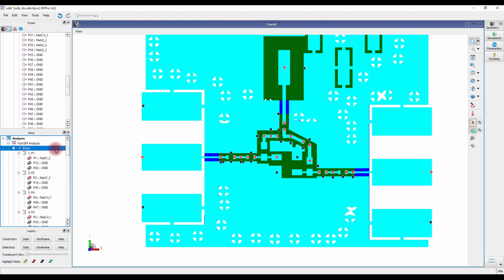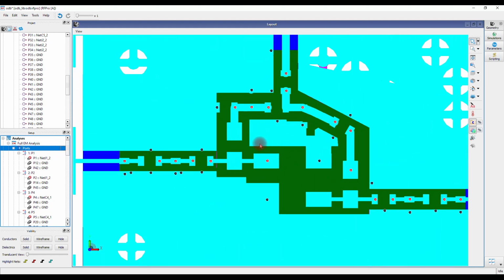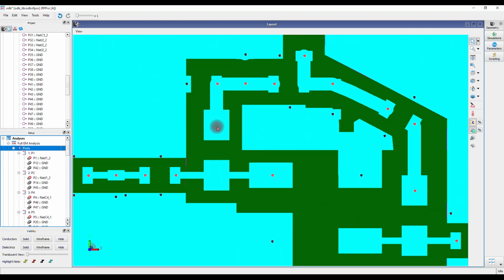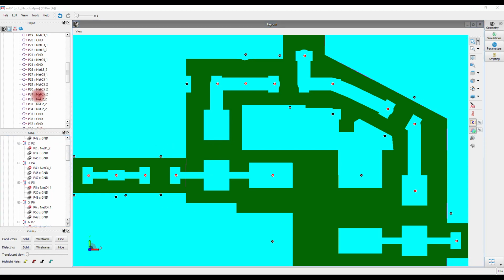Now we are missing many positive pins in the design. For example, for this component, there's no positive pin detected. Due to this, we have to manually create pins for this component. In order to do that, go to the appropriate pin and manually create port. Here is P8 and above is P10.